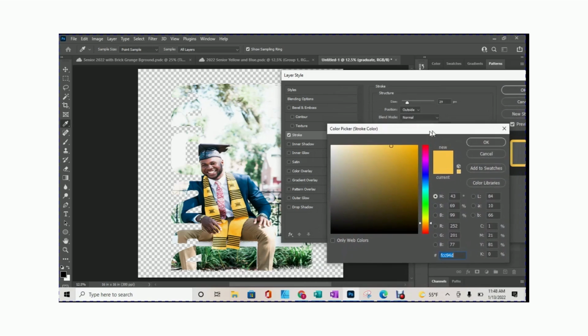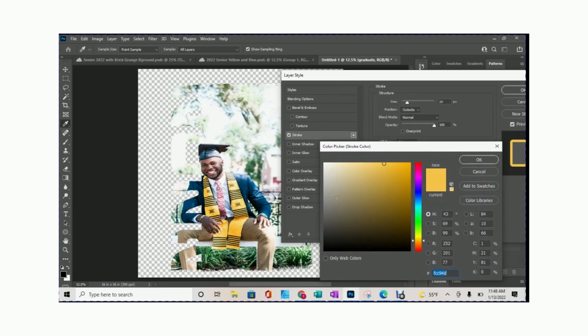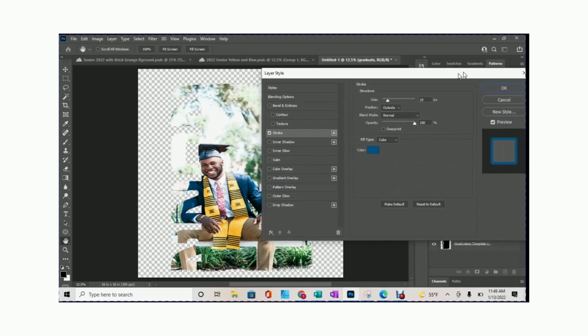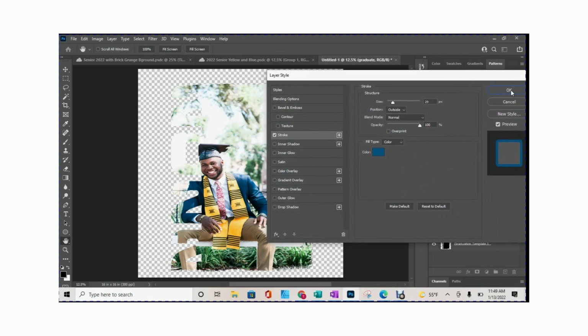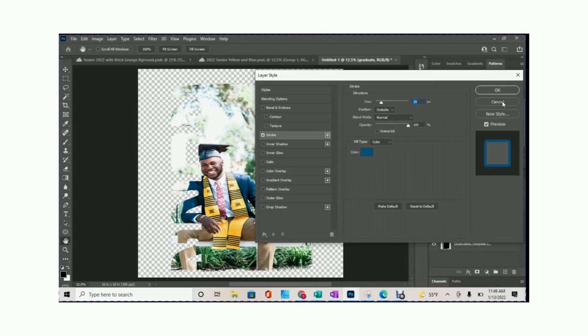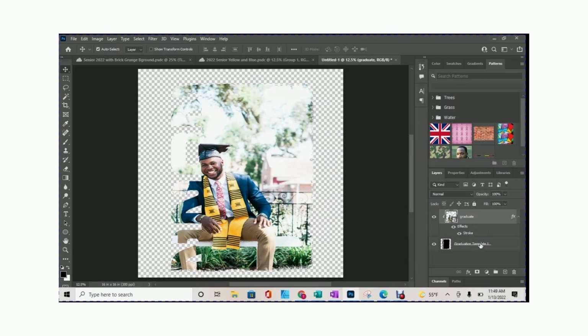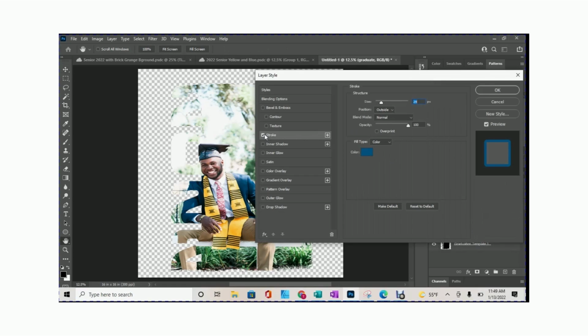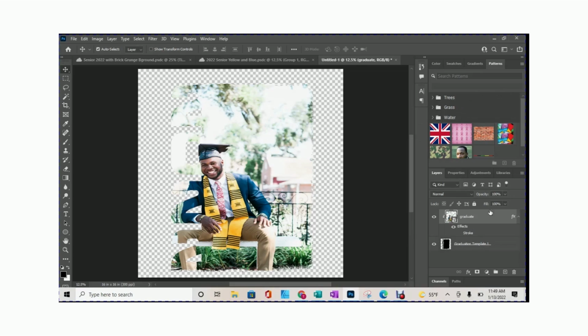So in order for me to get that exact blue, I have clicked on color. I have my color picker tool out. I'm just going to click on that. I'm sorry, wrong color. I'm going to click on that. And as you can see, it changed the color right here. So once you hit OK and hit OK right here, uh-oh, it did not do it. Hold on, y'all. Oh, you know why? Because I chose the wrong layer. Don't be like me, y'all. Go to your template. We want to, let me take that stroke off of this graduate image. Don't be like me. You're gonna add the stroke to your template.